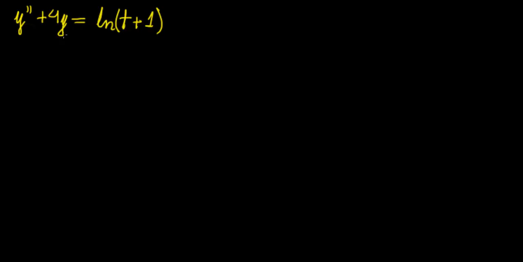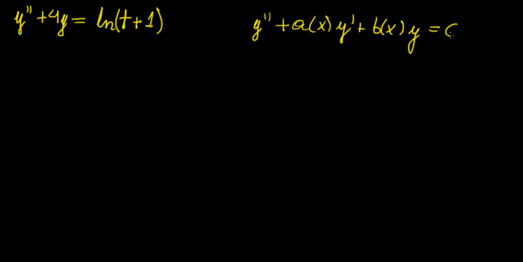So the idea is we express our differential equation in the form y'' + a(x)y' + b(x)y = c(x), and in this case we already have the differential equation in this form, so we don't need to do that step. Now the second step is to find the homogeneous solution, so set this function equal to 0 and solve